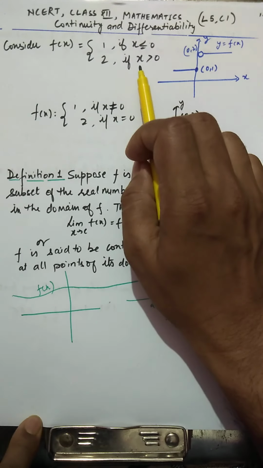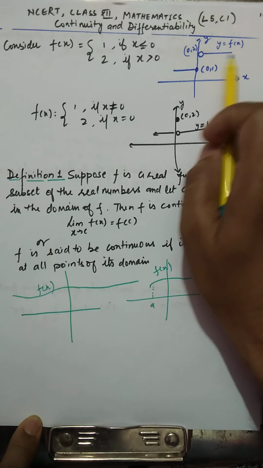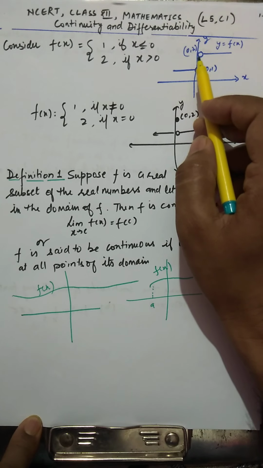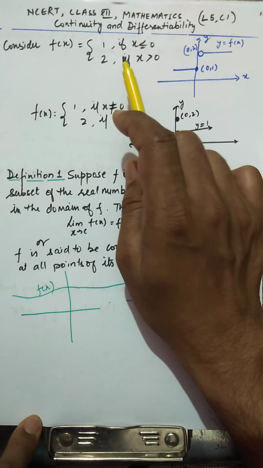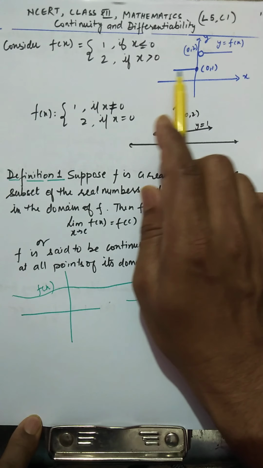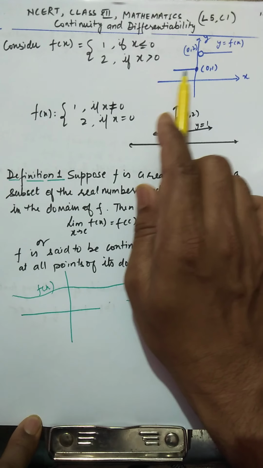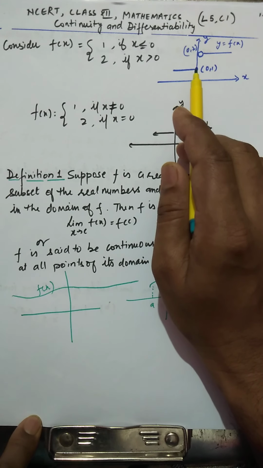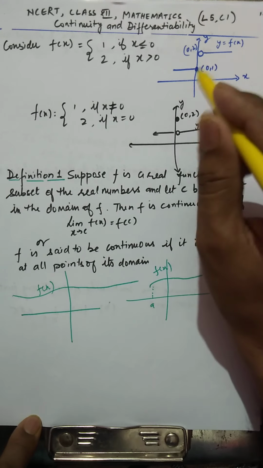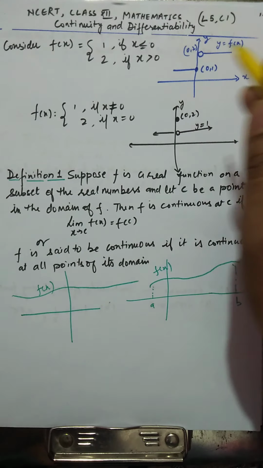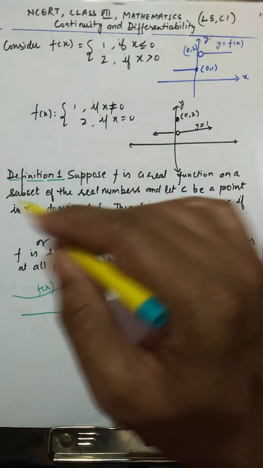If your value of x is positive, you are going like this. But here you are not including 0, so I have kept this circle unfilled. And if x is negative, then y is 1. So this is the graph you can see. If you want to plot this, you can do this first and this second, so somewhere you have to lift your pen. You cannot draw this in one continuation.